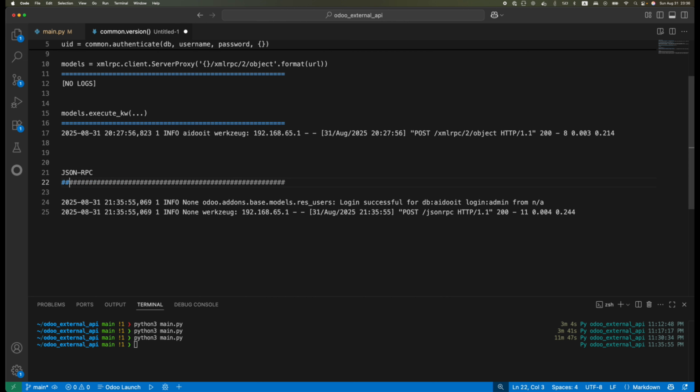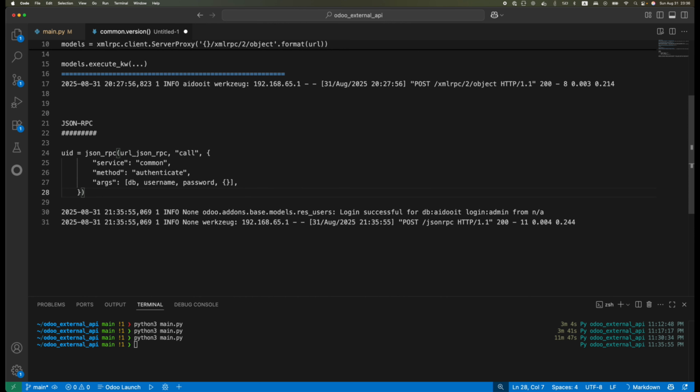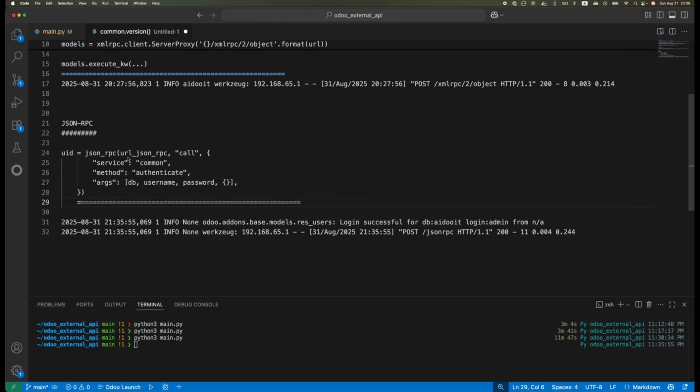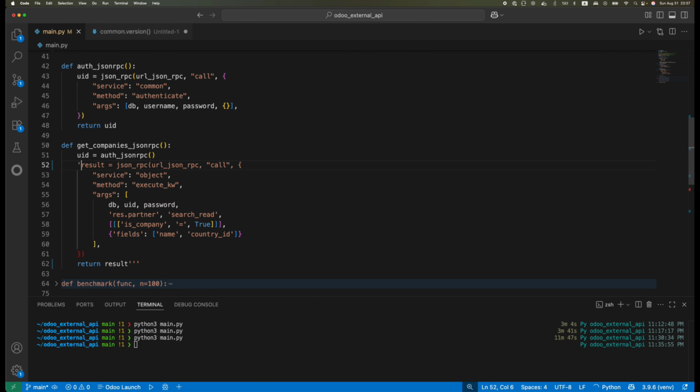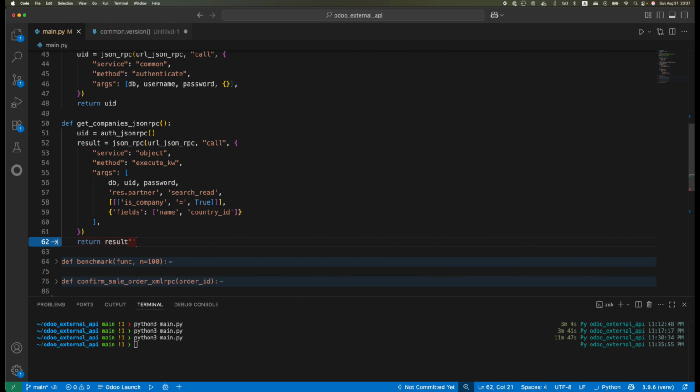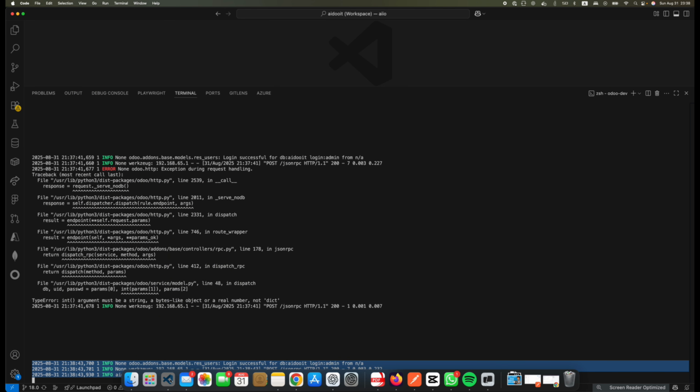So this is JSON-RPC, and when we made this call, then we have, similar to what happened in XML-RPC, a call to the authentication, but now we have post slash JSON-RPC. Now when we make the second call for doing the actual search read, we have this result here,